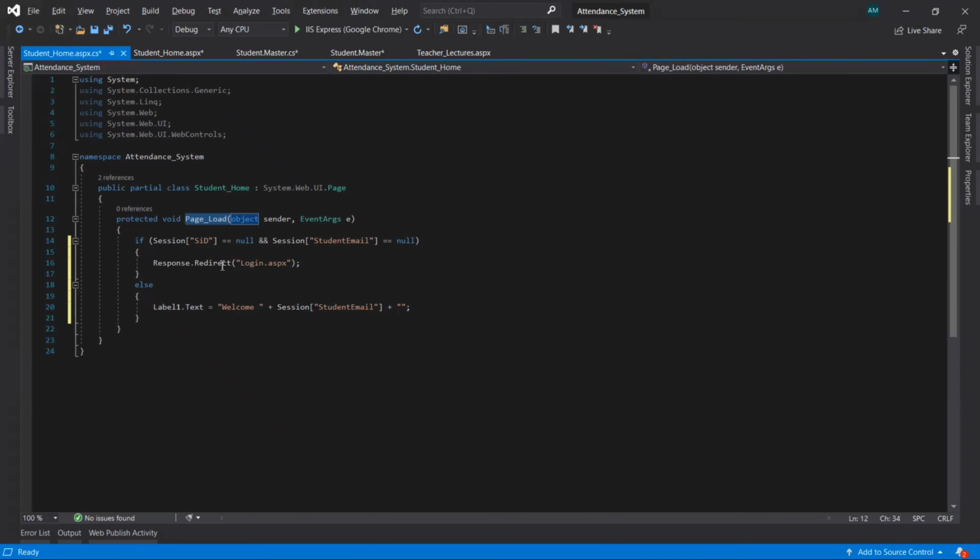If so, it will redirect him to the login page. Or else it will display a text message as welcome, the student name or the student email. Suppose the student is anil@gmail.com, then it will appear as welcome anil@gmail.com.